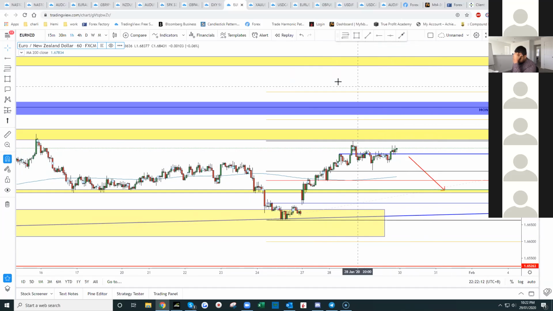That's sort of what I'm looking at the moment. With the FOMC, that should have a big impact on the euro as well as the US dollar. So depending on the outcome of that, this could